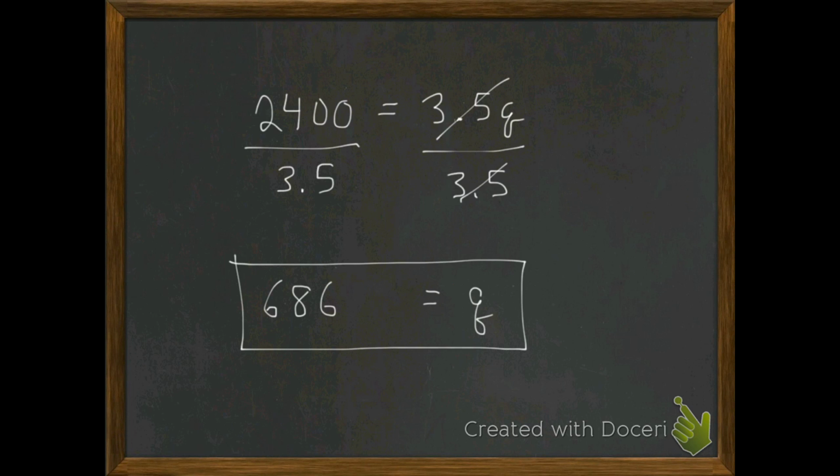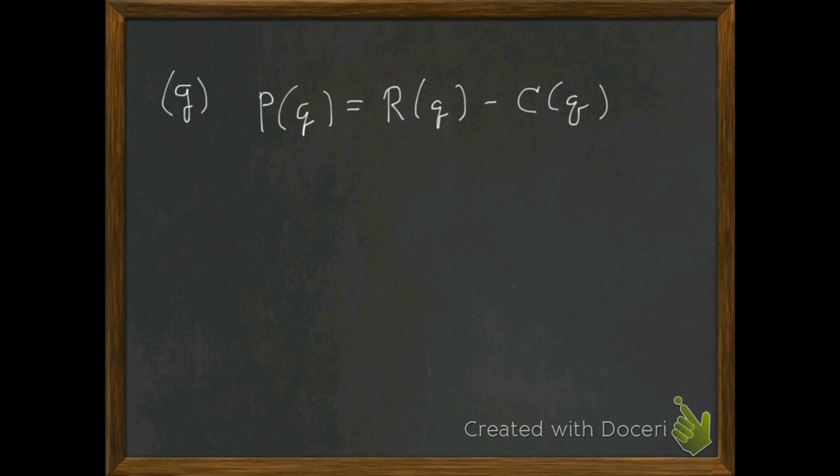Okay. Now part G asks how many items must be sold to realize a profit of 100,000. Well, guys, we've got to create a profit function now. And from class, I told you that the profit function is just the revenue function minus the cost function. So guys, our profit function is going to be 9.5Q